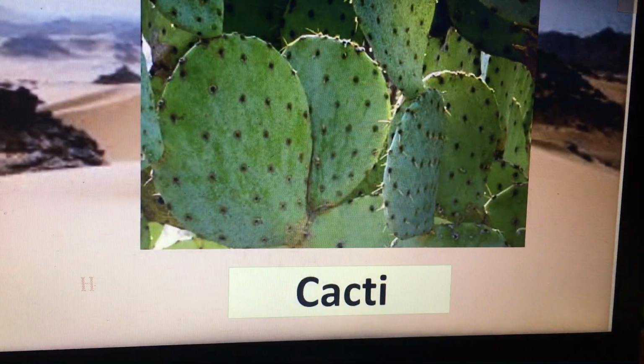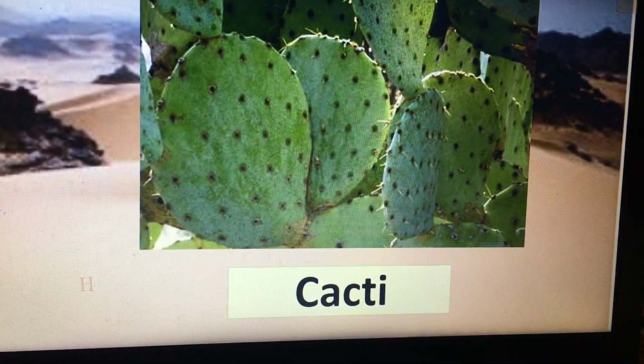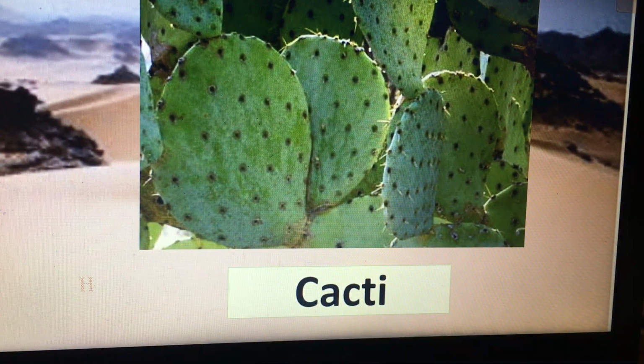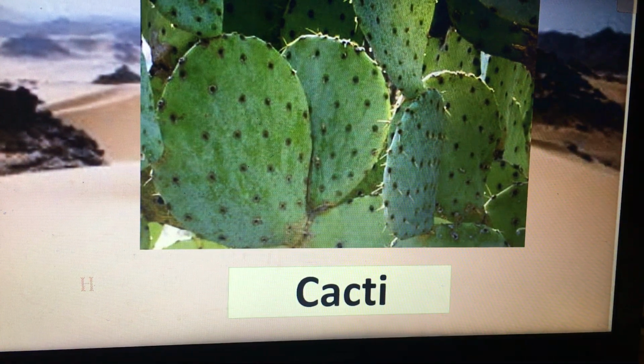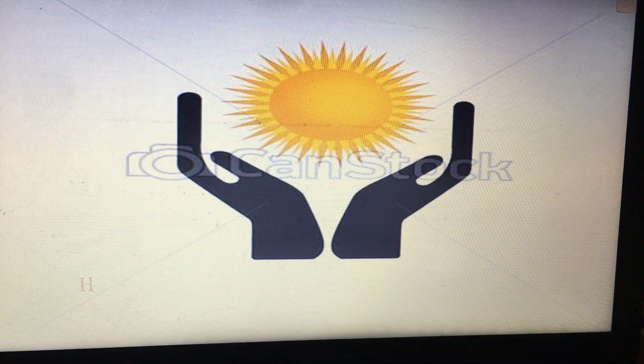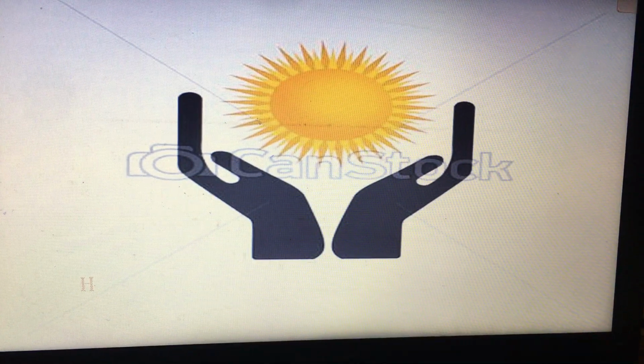Okay. Some plants like cacti, their leaves stop water escaping from the plant. So they save the water inside them to use it when they need it. So again, the plants in hot places may have thick, tough skin to protect them from the sun and to